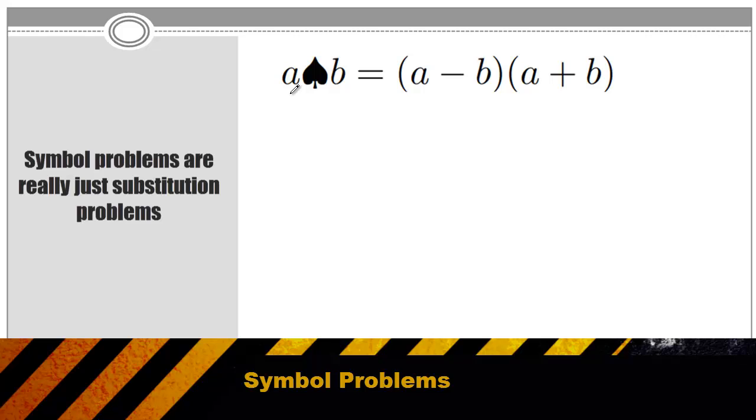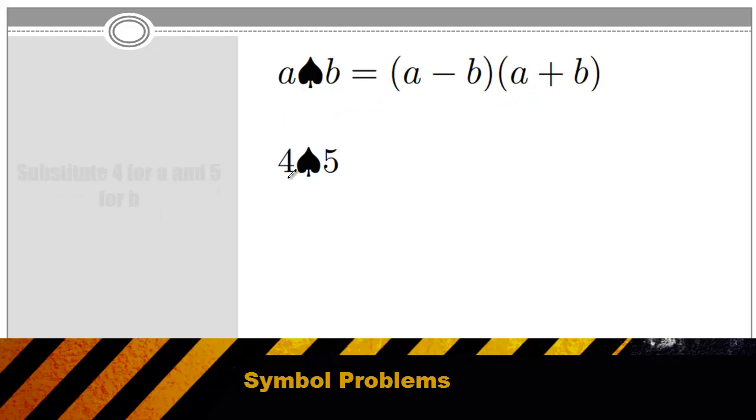To simplify the symbolic expression, I will take the variables and read them to myself as the first number and the second number. So I would read this expression as, when you spade two numbers, all you do is take the first number and subtract the second number, and then multiply that times the first number plus the second number. So if the question asks me to figure out what is 4 spade 5, I'm just going